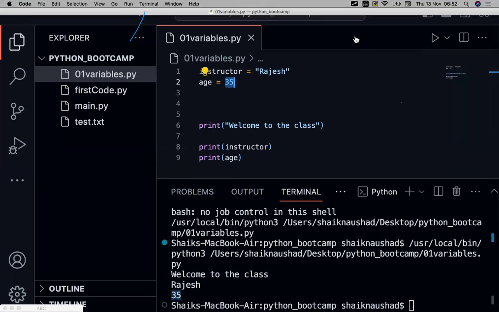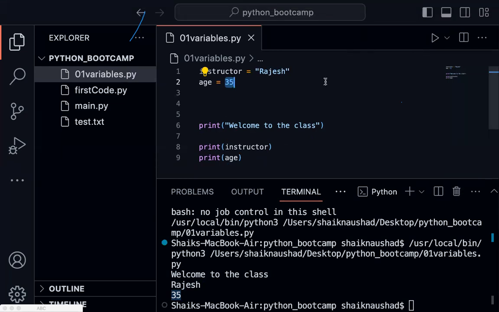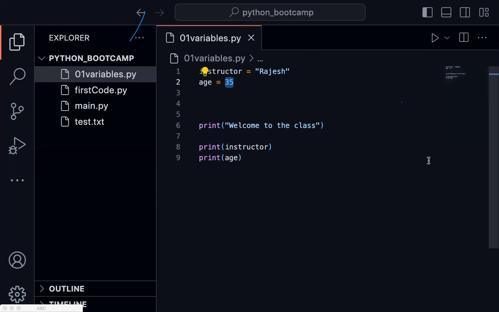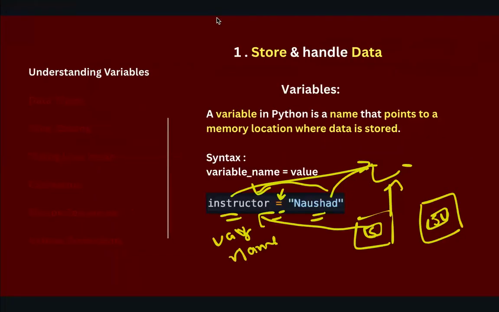So if you have any doubts till this point, you can ask me in the chat section. This is pretty basic for people who are coming from a programming background. But still, we have some non-programmers in the class as well. So if you have any queries, you can ask me in the chat section, or else we'll be moving to the next topic. And the next topic is